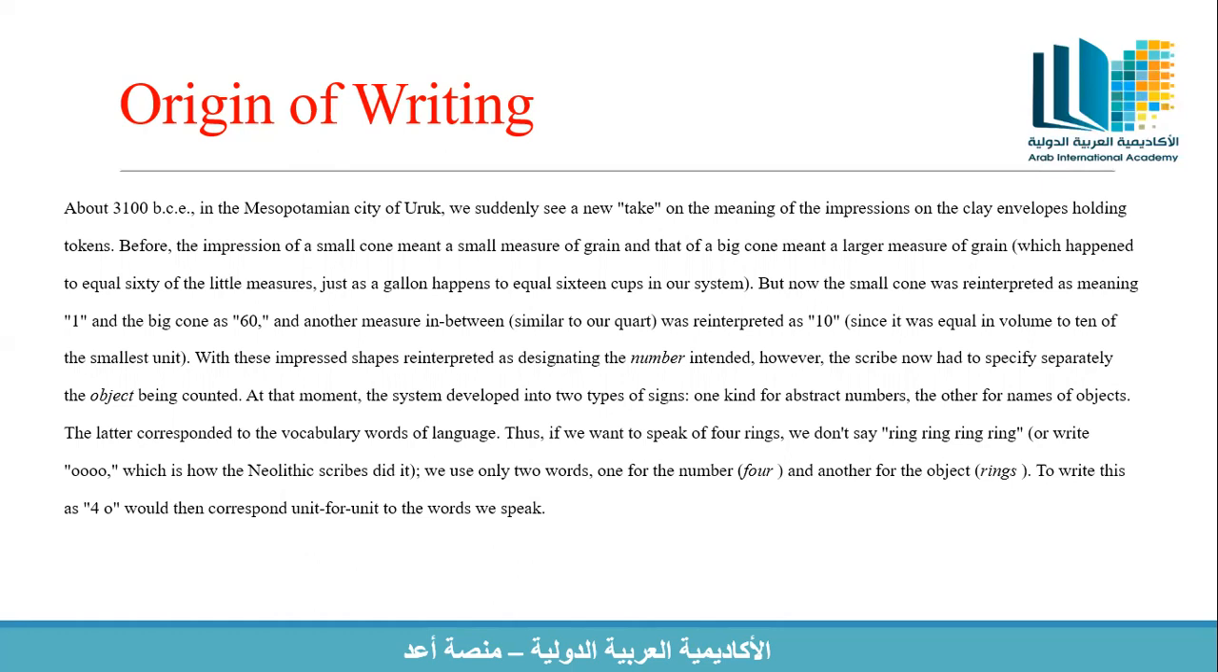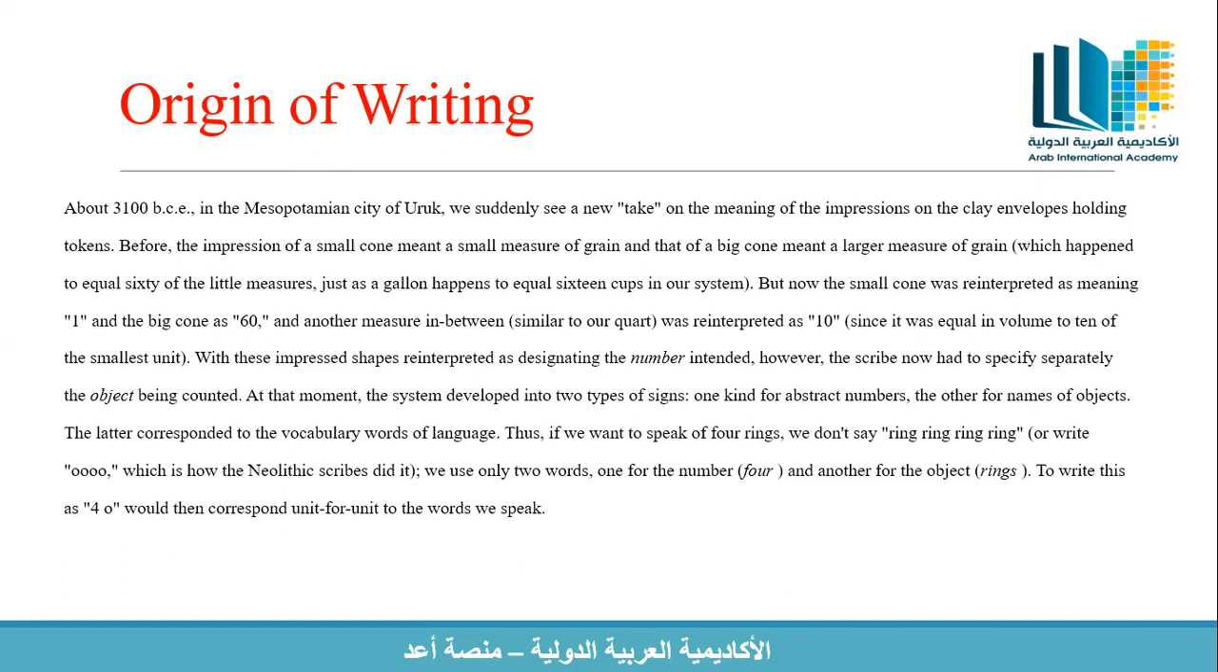But now the small cone was reinterpreted as meaning 1 and the big cone as 60. And another measure in between, similar to our quart, was reinterpreted as 10, since it was equal in volume to 10 of the smallest unit. With these impressed shapes reinterpreted as designating the number intended, however, the scribe now had to specify separately the object